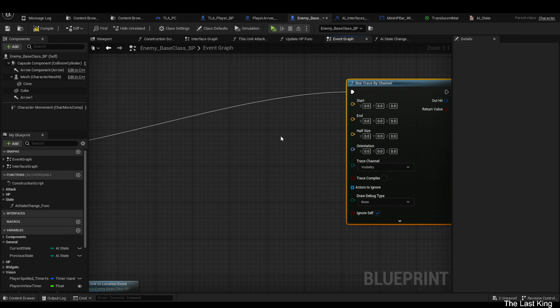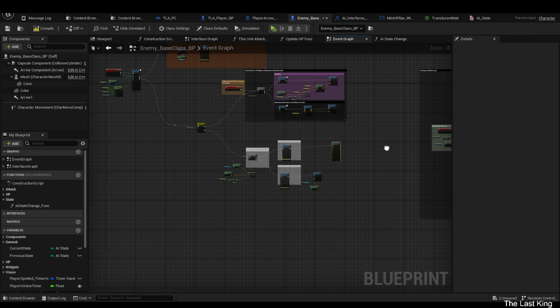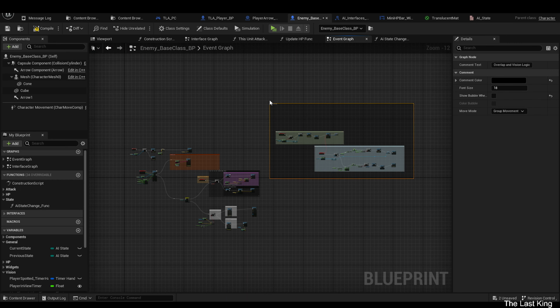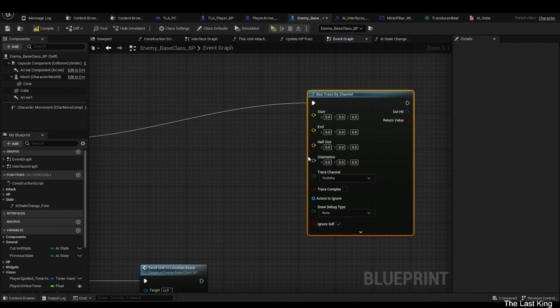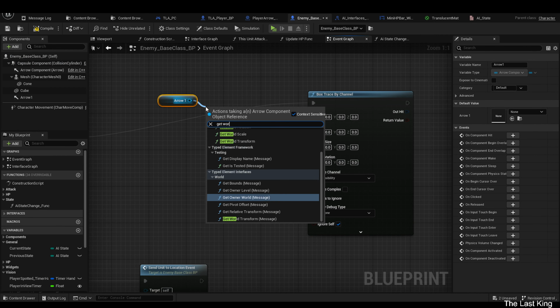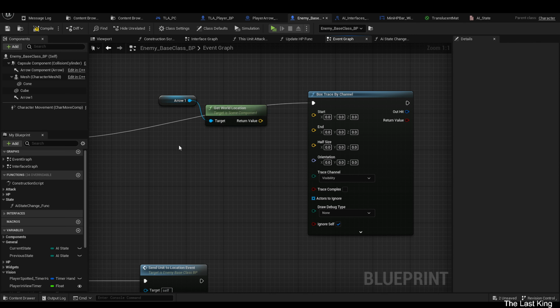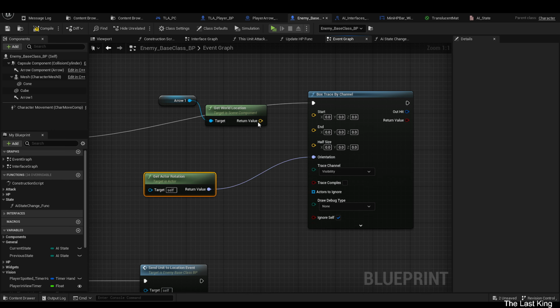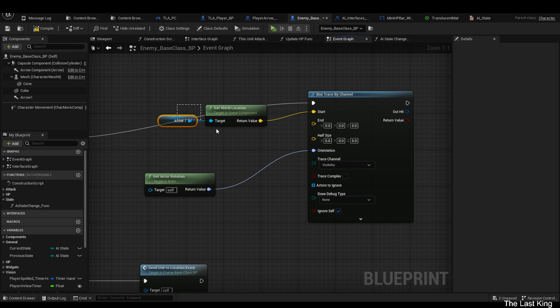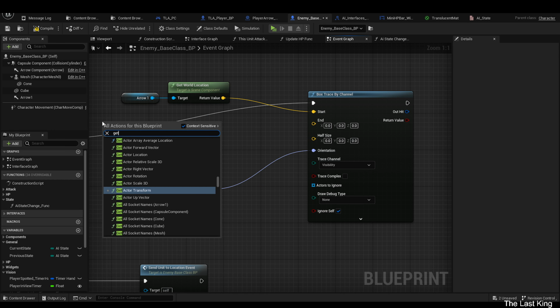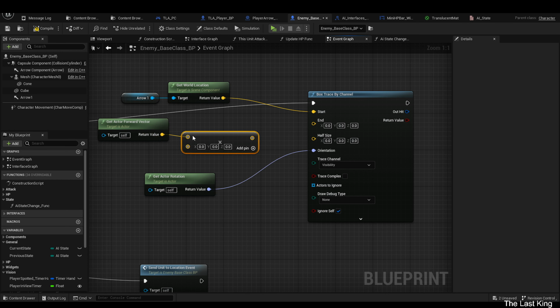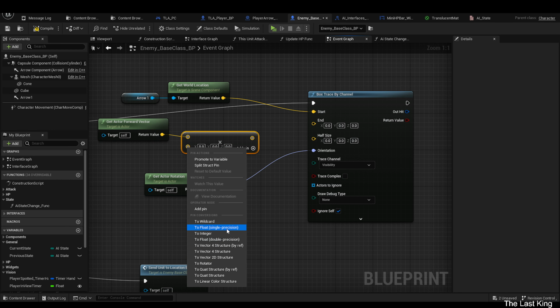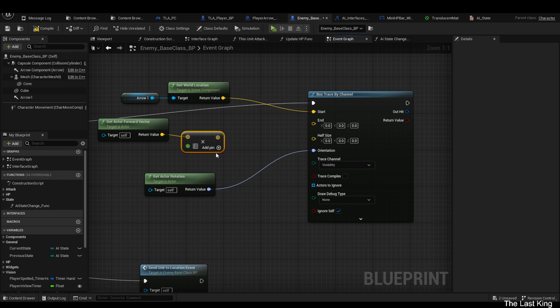We will say that the starting location, okay, that's not good. Here is fine. All right, starting location will be this arrow, get world location, get actor rotation. End would be get actor forward vector multiplied by 100, maybe 500, plus